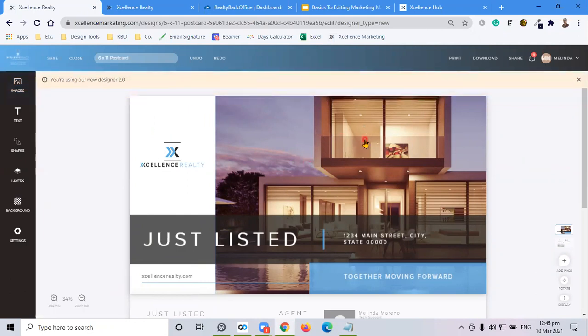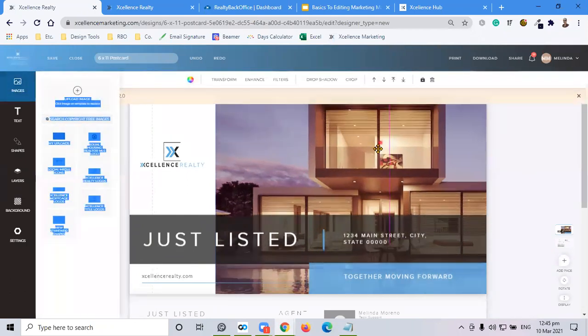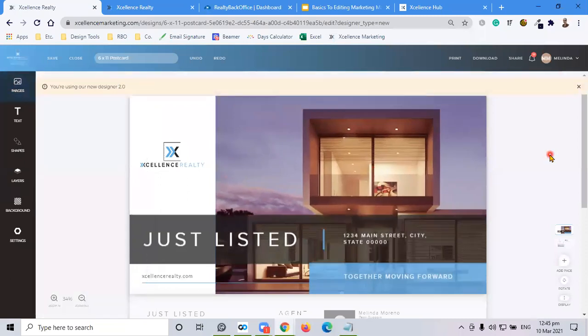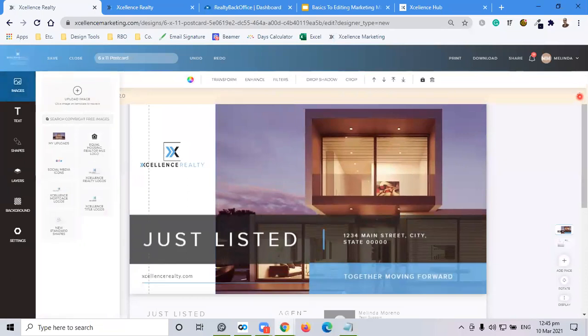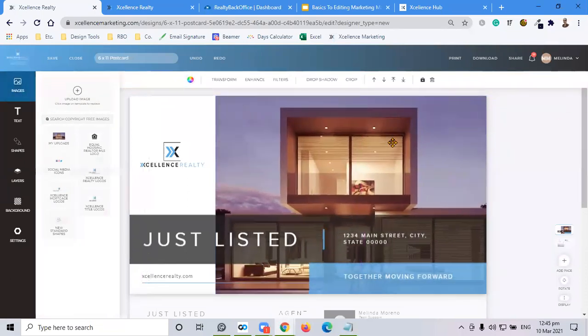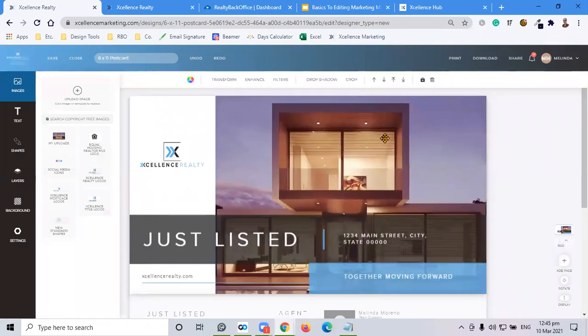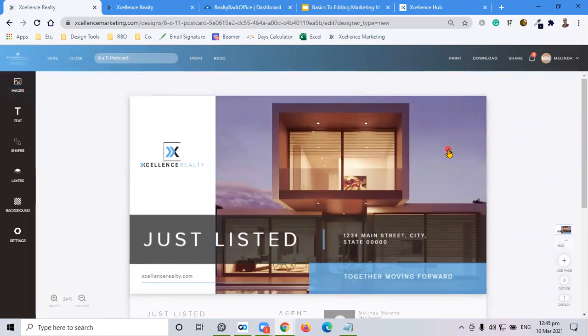So once it's here, you can move it. All right, so the image looks good on the template. This one, if you want to make it bigger,